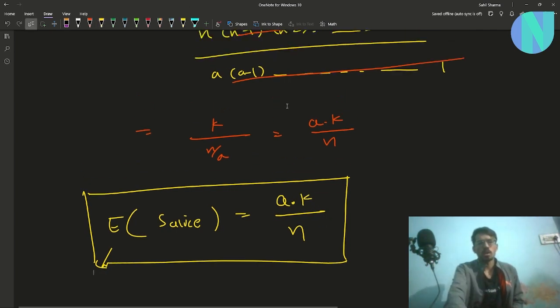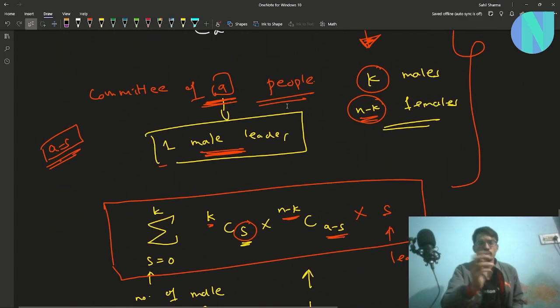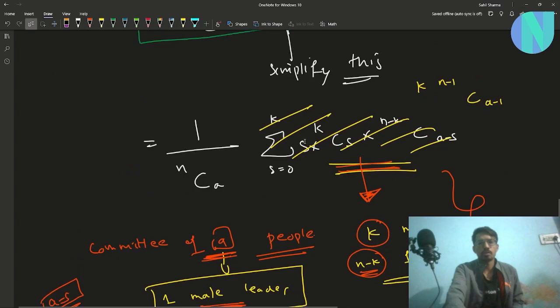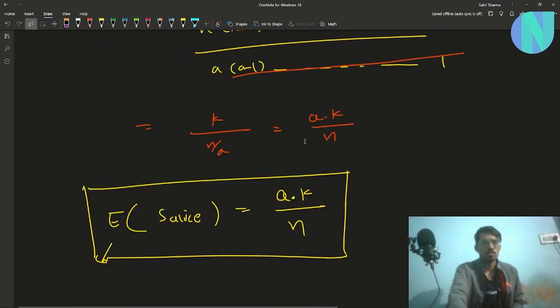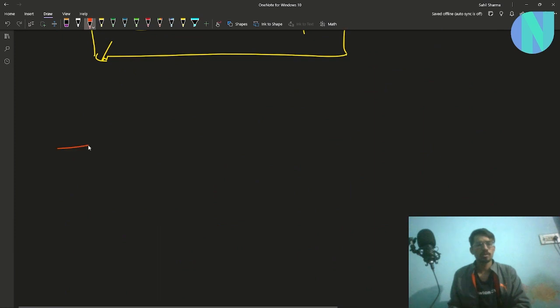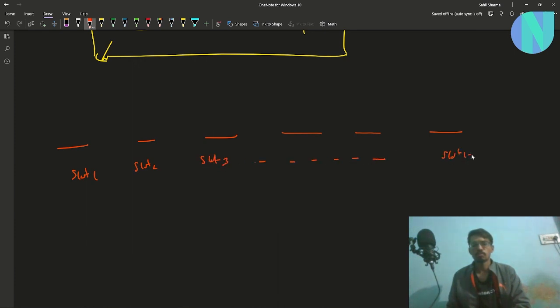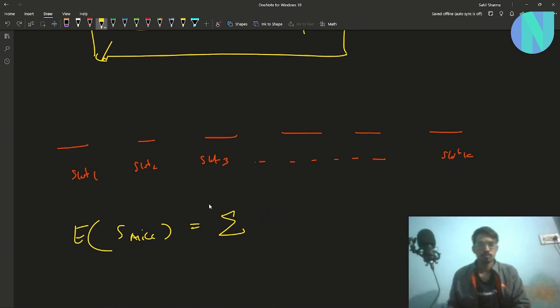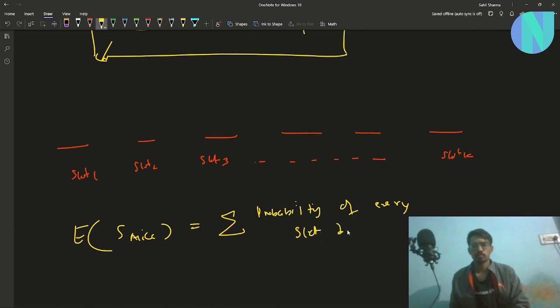But this involved a lot of computation, right? A lot of thinking. You can also think about this problem in a very, very different way, right? So you can say that you have k slots, right? This is slot 1, this is slot 2, this is slot 3, and so on up to slot k. Then you can say that your expected score of Alice is nothing but summation over probability of every slot being a 1,